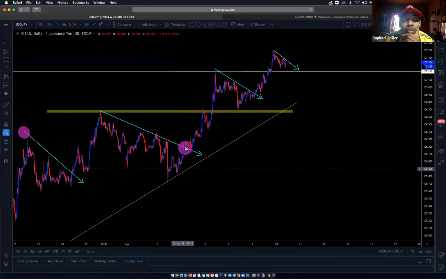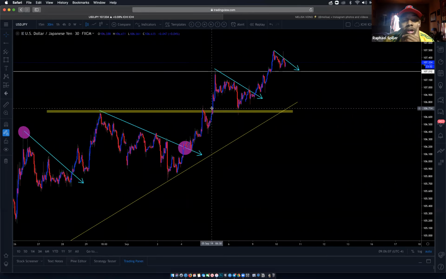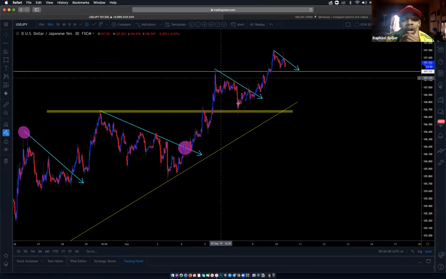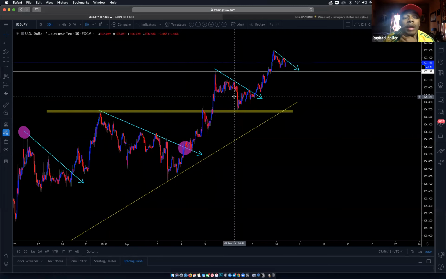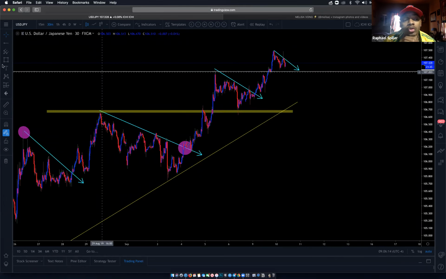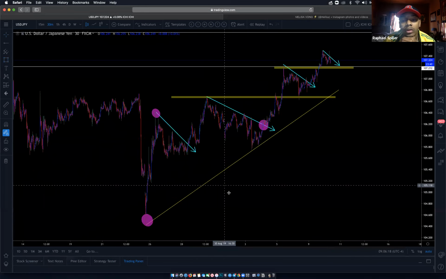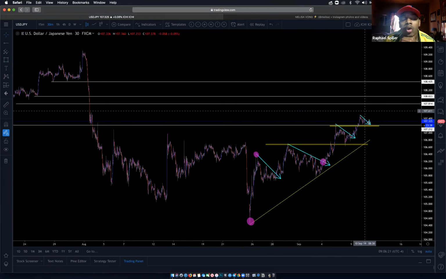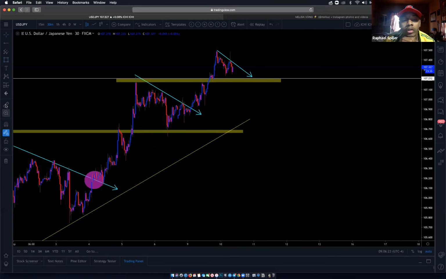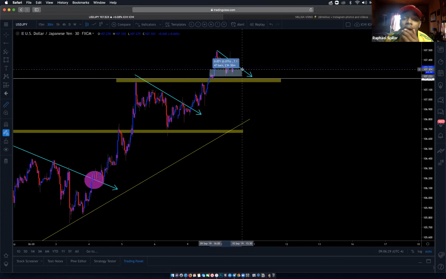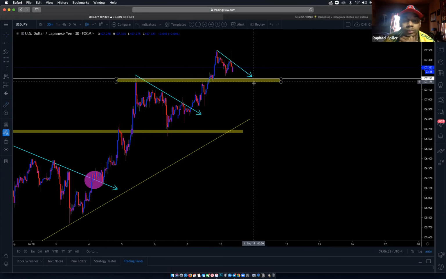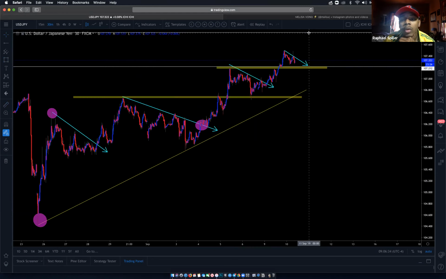Like I said, we're right here. As soon as it broke, it hit directly in that next support and reversed and made a pullback. Boom. As soon as it broke this area as well, you're holding this trade currently right now. You were up about 30 pips. Now you're up about 7. And then you would be holding it until it hits your white TP, your next TP or your next resistance.